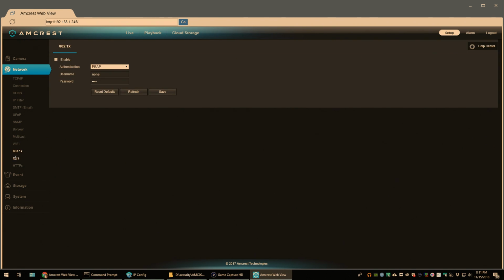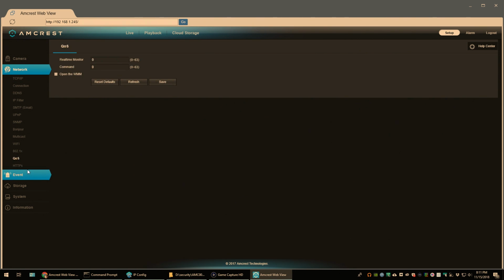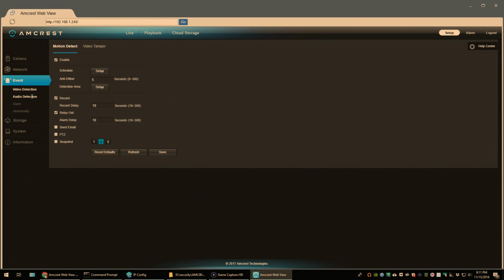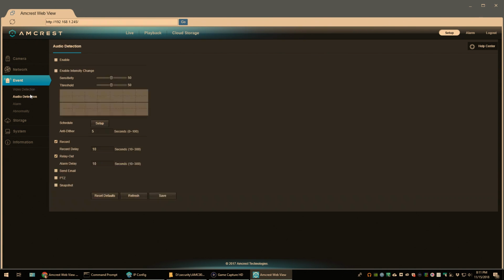I come from a Nest background. I used to use Nest, loved it. Then I decided to go cheap, and now I have a Wisecam, and definitely you get what you pay for. 20 bucks a camera. What can you expect? It doesn't even have a web interface. You have to use your mobile app, and it's kind of laggy. But